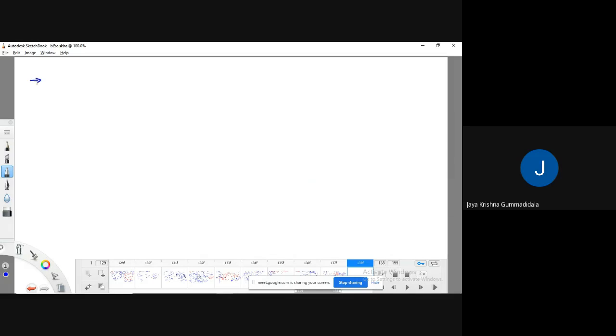Whenever you are going to create an abstract class, all the abstract classes of Java contain what features? Common features. And observe and make a note here: every method is not a common feature.